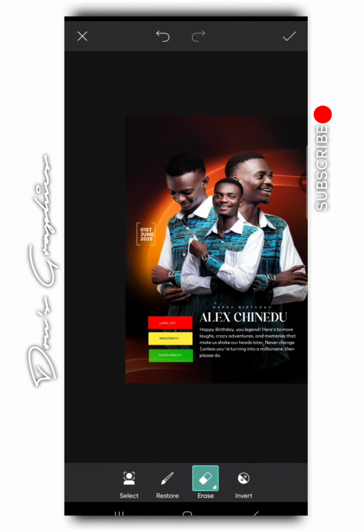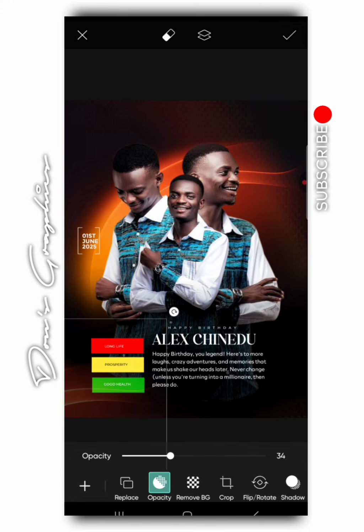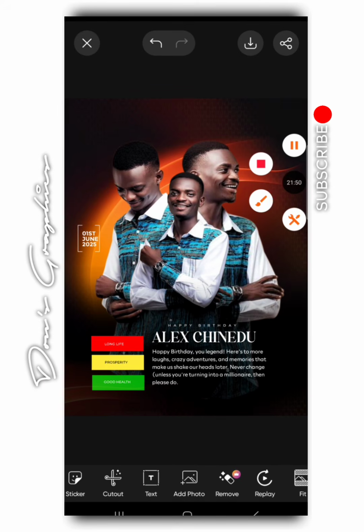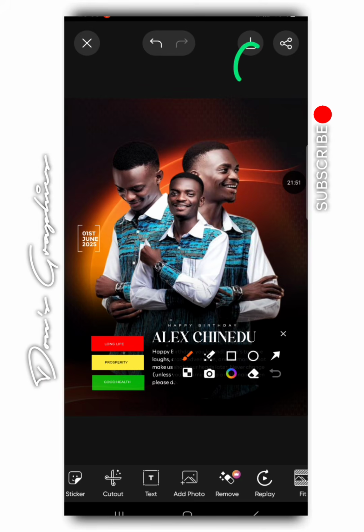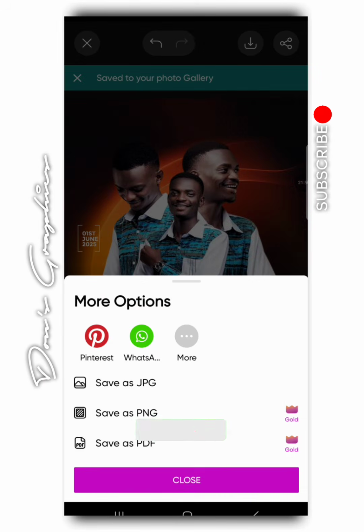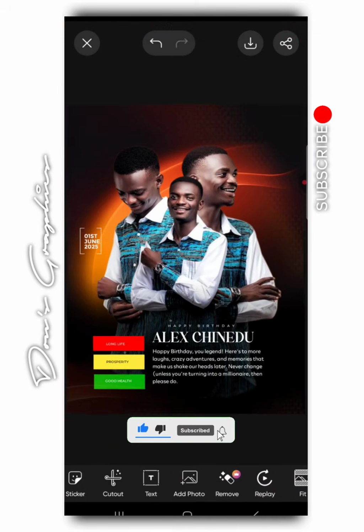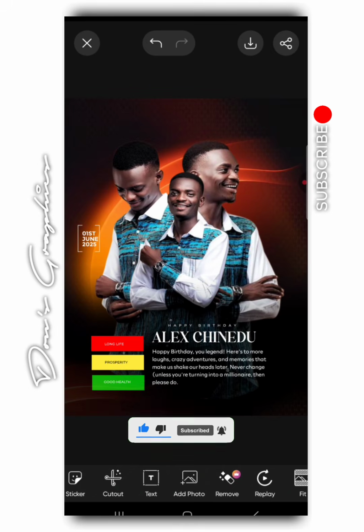Okay, once you have that, click on the check mark and reduce the opacity a bit again. You don't want it to be too visible. Then you have this, and now your design is ready. Click here to download your design, and boom, that is your design already achieved with the use of Pixellab and